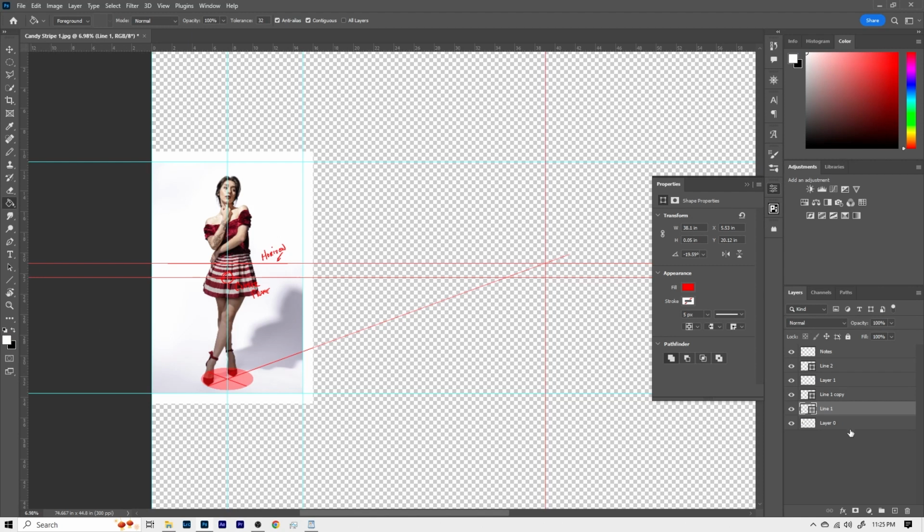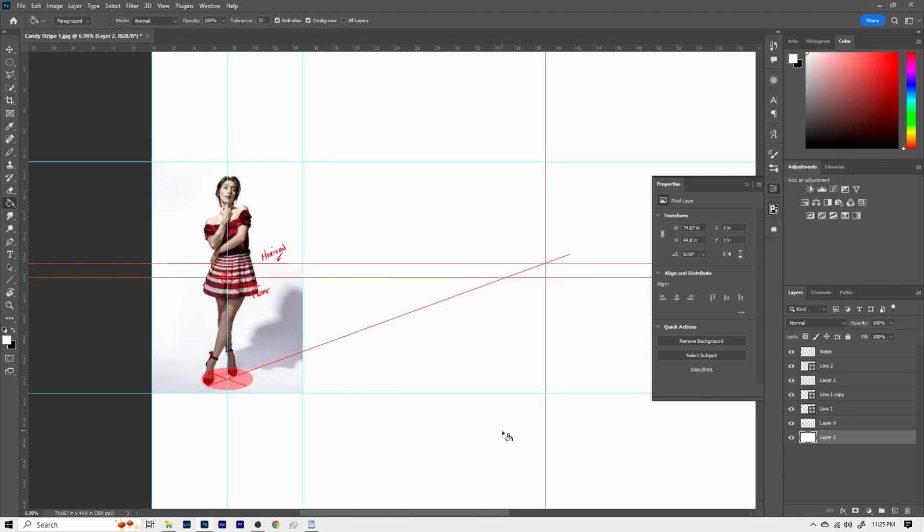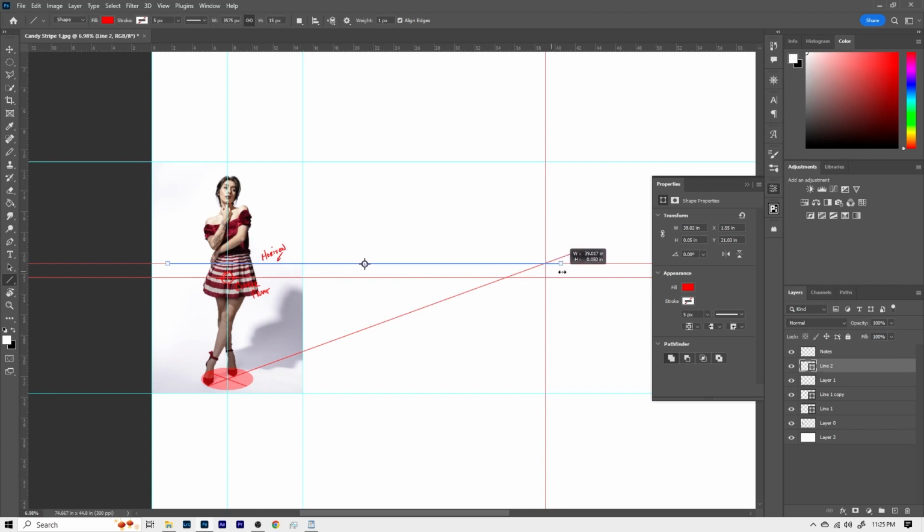All right, let's go down here and create a new layer so we can make a background. Got my paint bucket tool. Let's fill that with white. Let's take our line tool again, select our horizon. Let's drag it out so we can turn these guides off.